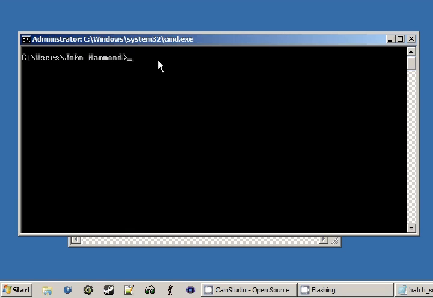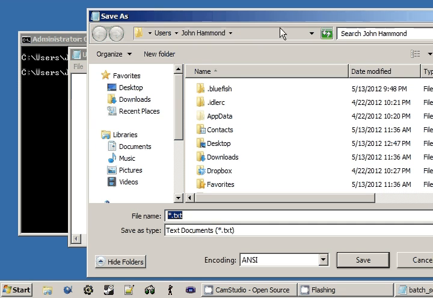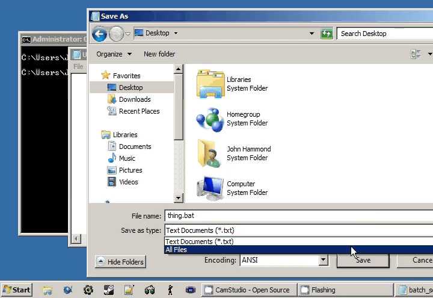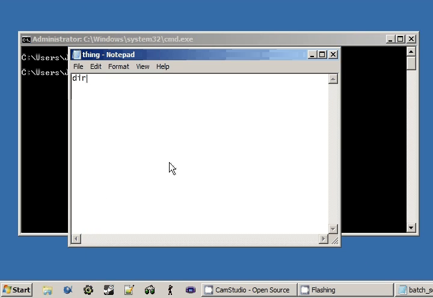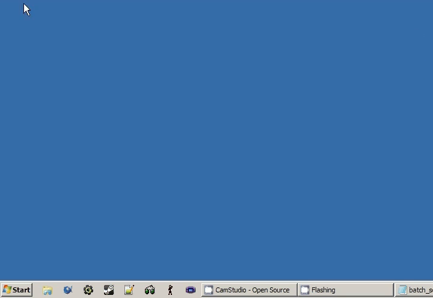Now let's do something different, though. I'm gonna change into my desktop, and I'm gonna create a new thing over in Notepad. Let's create a new window. I don't really want to save this, but inside my desktop I'll call this one thing.bat. Now we'll go dir, and that'll be real simple. That's all I wanted to do. I'm going to close out of this command line window here, and I'll bring thing down here so you guys can see it. If we ran thing right now,